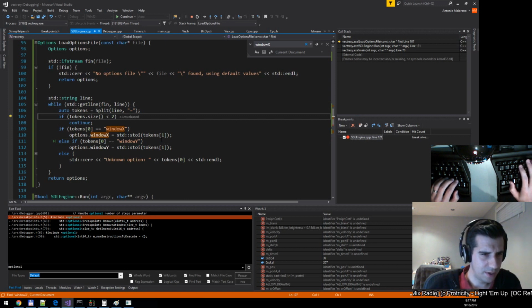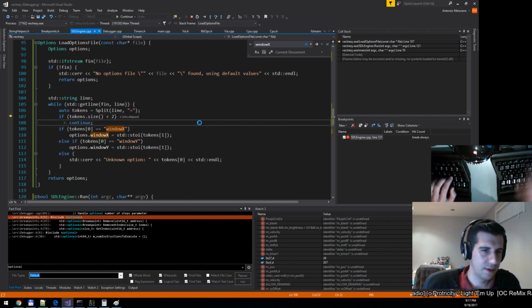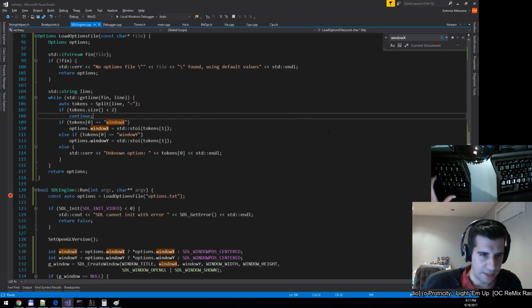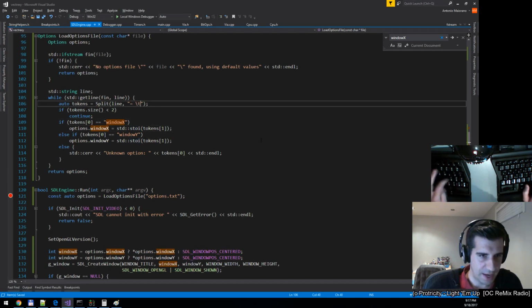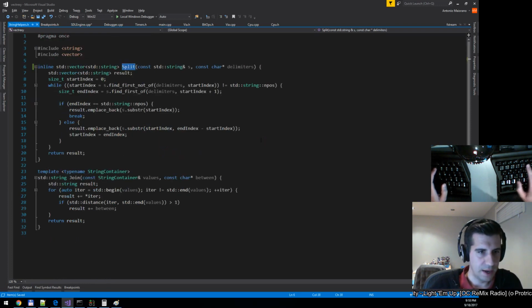And then the next one, window Y. Oh, there's a space. Okay. I guess I don't handle that properly. So if I do space and tab and equals, maybe? No, that's not good. What I need to do, let me see my split how it works again. Yeah, it doesn't do any kind of